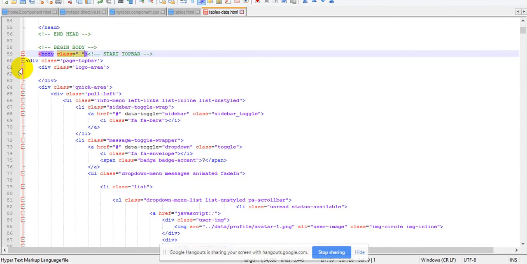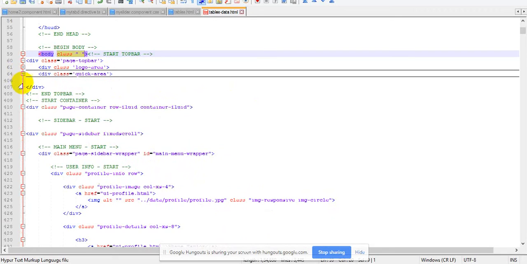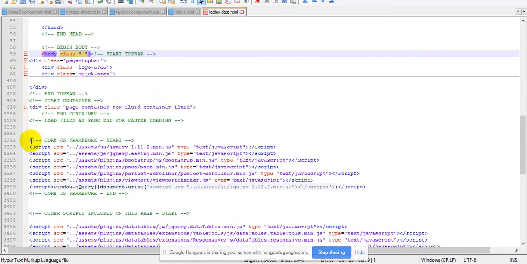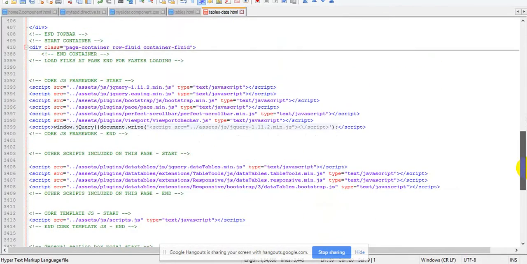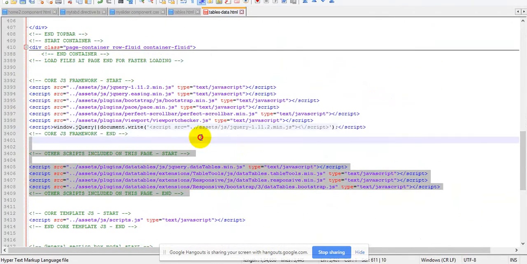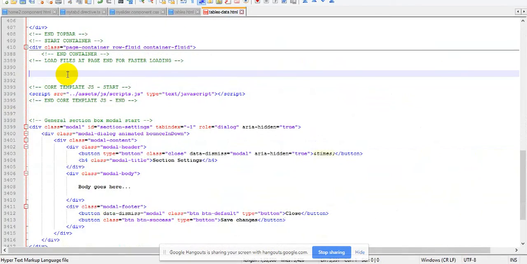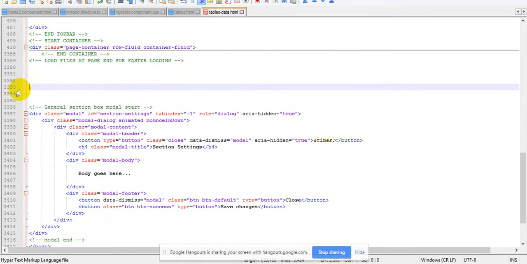What I have to do is copy and paste the full CSS, the full page, excluding this JavaScript. No, I am not going to use any JavaScript, so I am going to delete this JavaScript. This JavaScript also I am deleting. We should not use any JavaScript on the HTML page.